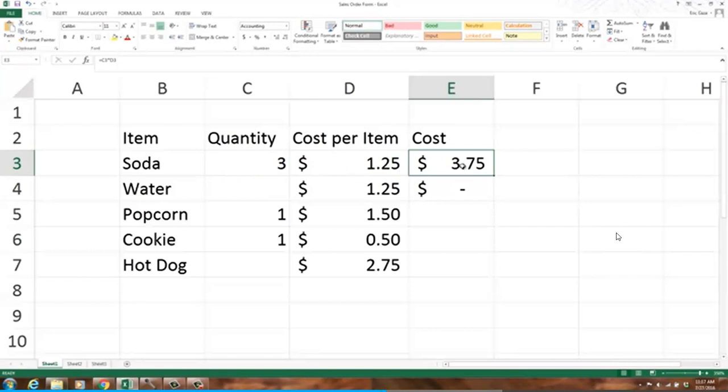To fill a formula, you click on the cell that has the formula in it. Notice if you double click, you actually open up the formula. You can edit the formula in here, or you can edit it up in the formula bar. I don't want to edit the formula though, I want to fill it down. So I'm going to have to hit enter to get out of that cell, and then I click on it